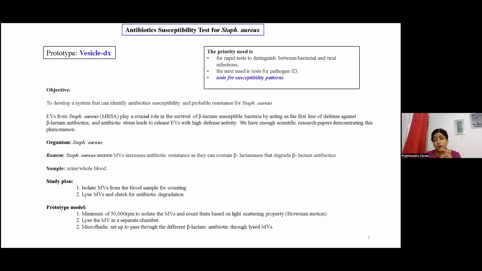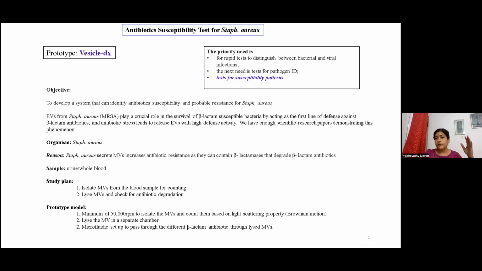And then if you're able to identify the density space or the isolation space of these vesicles, then we can use light scattering properties to identify relative numbers. And then those can be collected in a chamber where you have the lysis buffer. Basically, detergent-based lysis can help, and it exposes these beta lactamase enzymes. Then we can have a sort of fluidic arrangement where these enzymes are exposed to the substrate, allow the kinetic mode of reaction to occur, and then we can measure the OD.